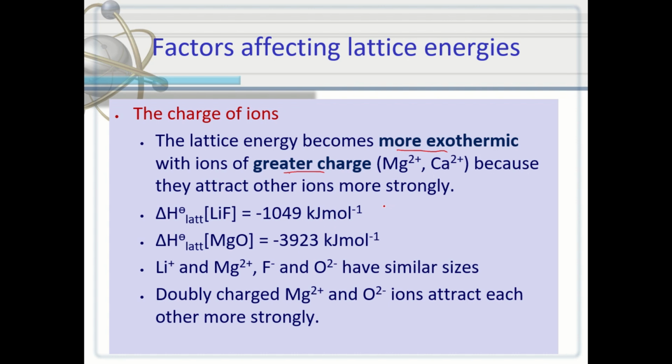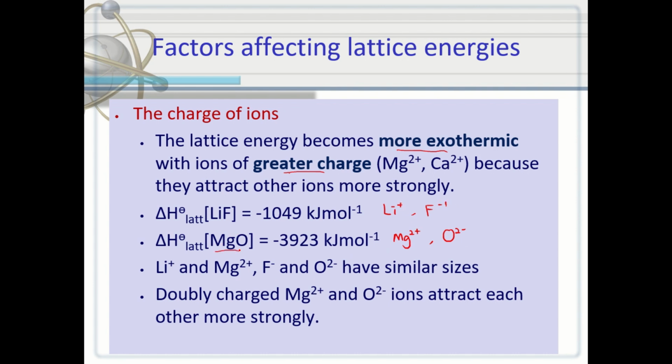Lithium fluoride has a lithium cation with positive 1 charge and a fluoride ion with negative 1 charge. Magnesium oxide has a cation of positive 2 charge, higher in magnitude than lithium, and an oxide ion with negative 2 charge. Again, the anion has a higher charge than the fluoride ion in lithium fluoride. Lithium and magnesium ions have similar sizes. Fluoride and oxide ions also have similar sizes, but because of the higher charge on the cation and anion